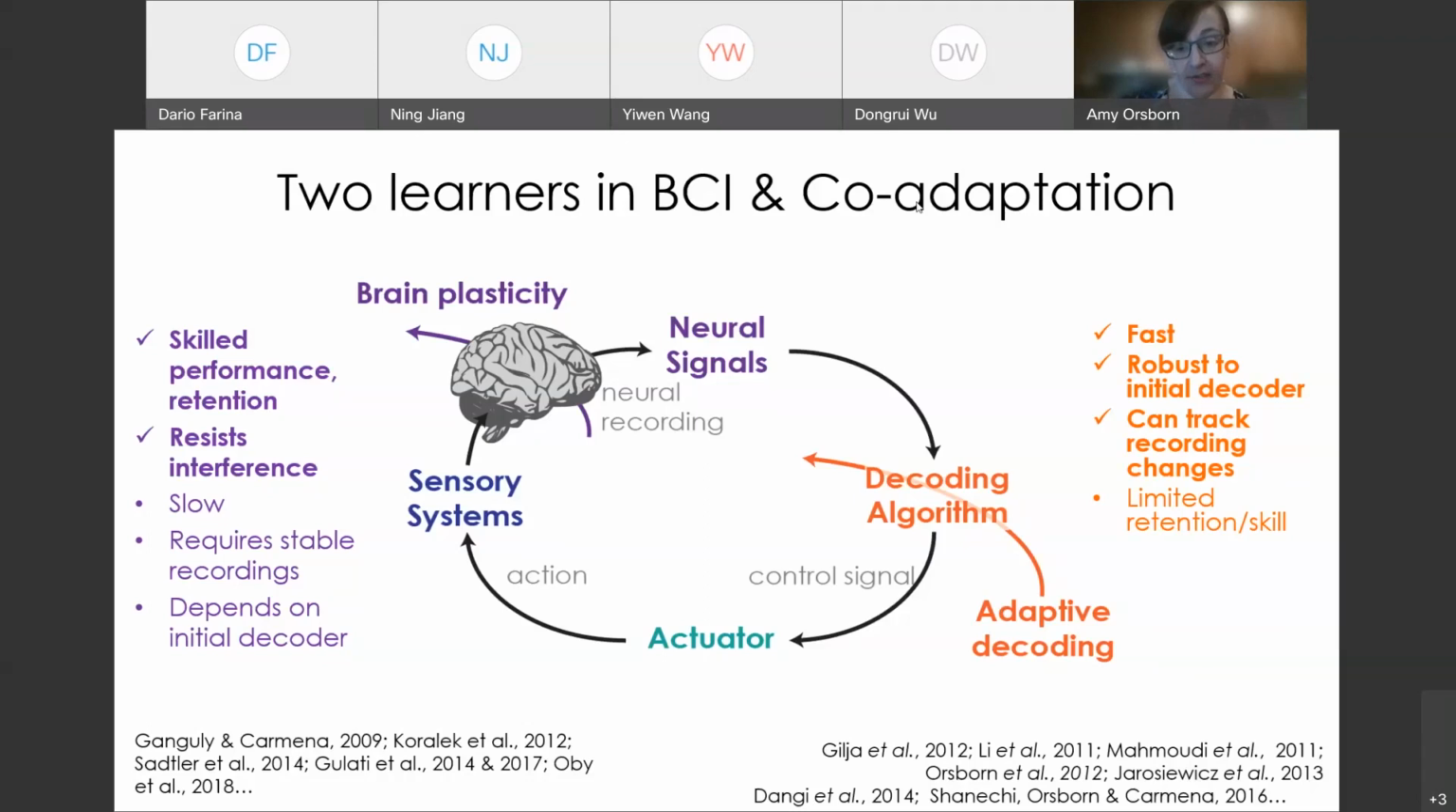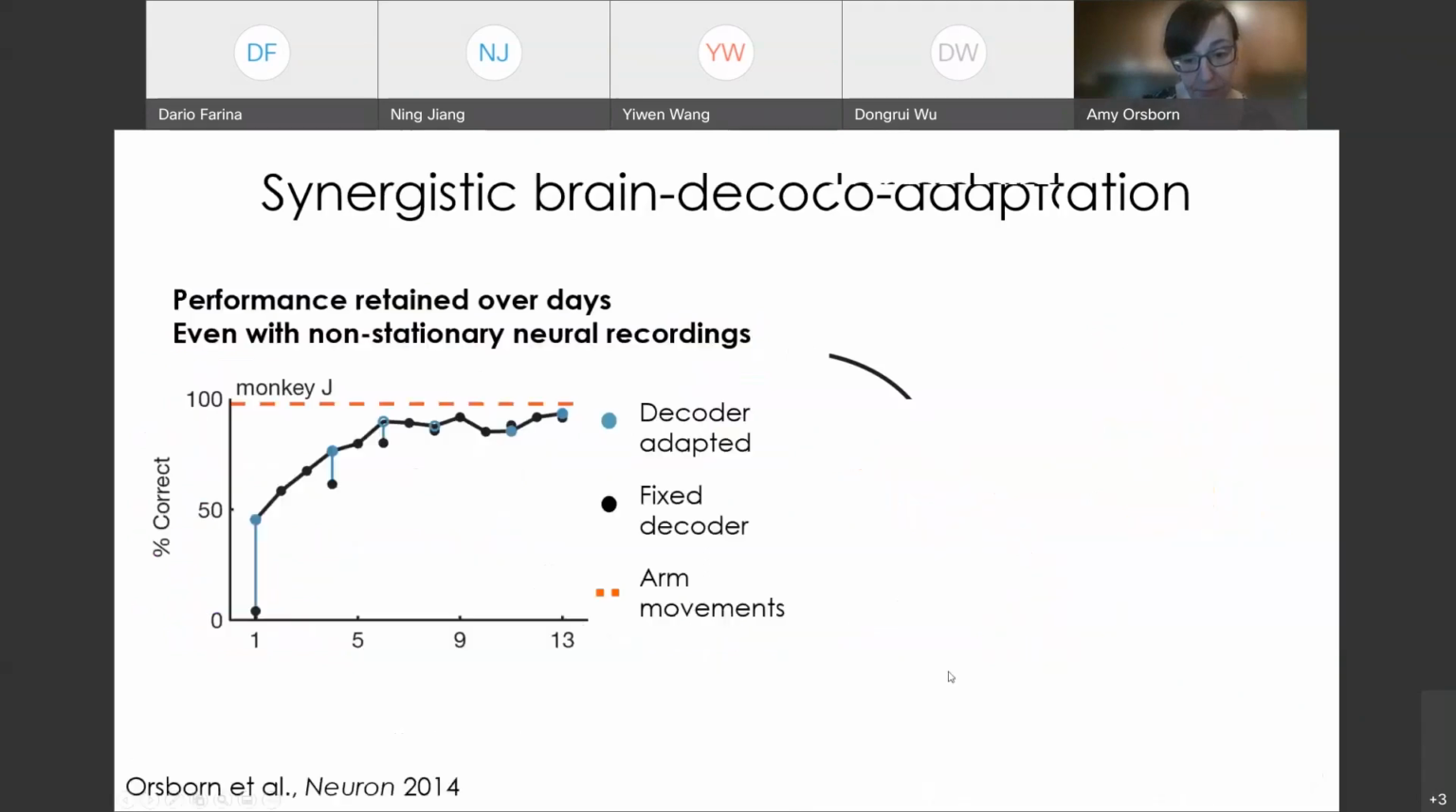And so with these two different learners, there's a lot of interest, potentially with mirror-image pros and cons. It opens up this possibility of, can we actually leverage both with co-adaptation to have the brain and a decoder algorithm adapt and learn together in a synergistic way. And so in my PhD with Jose Carmena, we did a study to demonstrate that this was in fact potentially